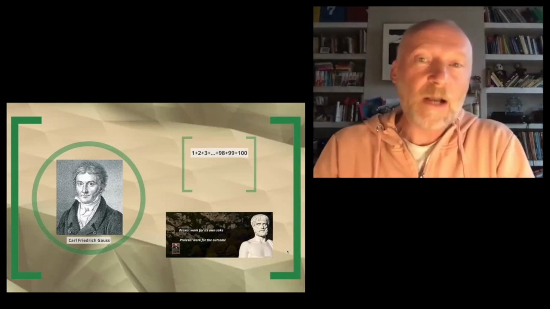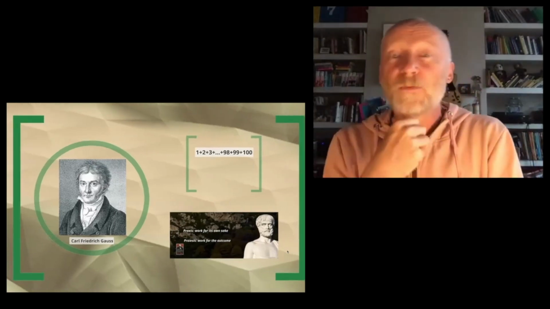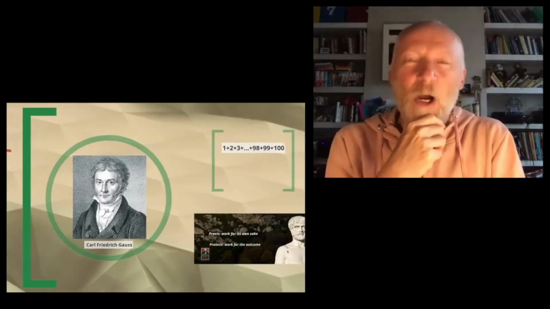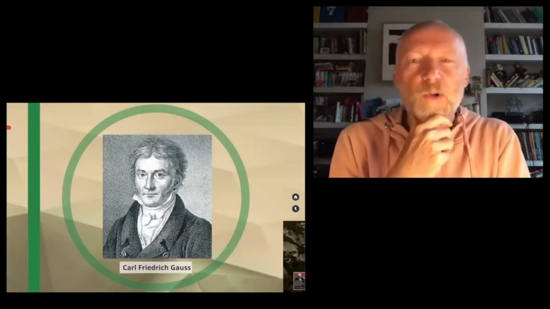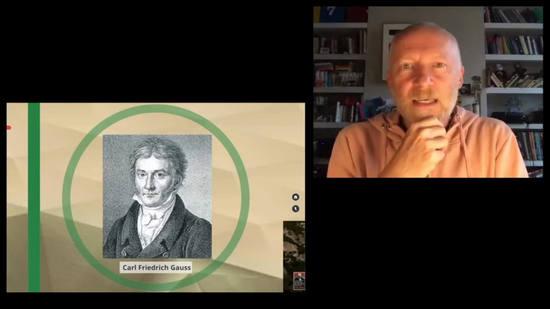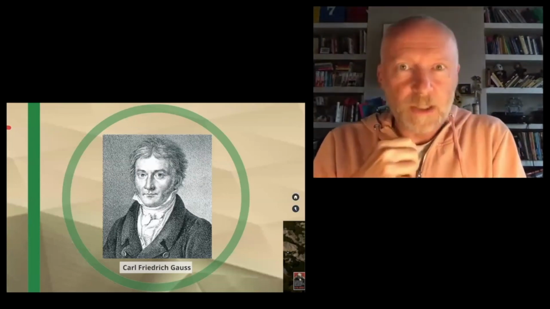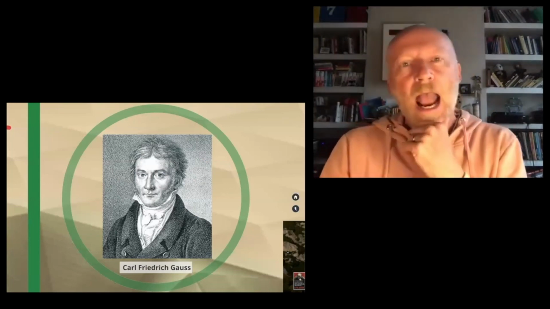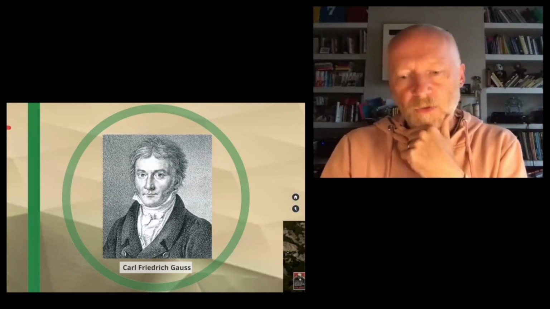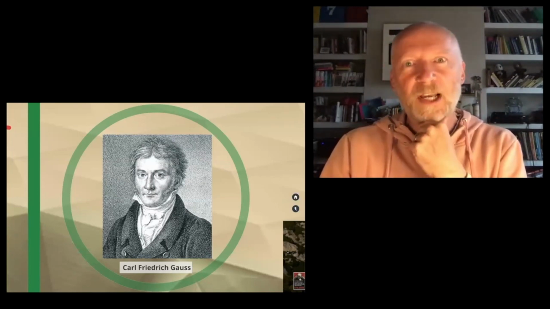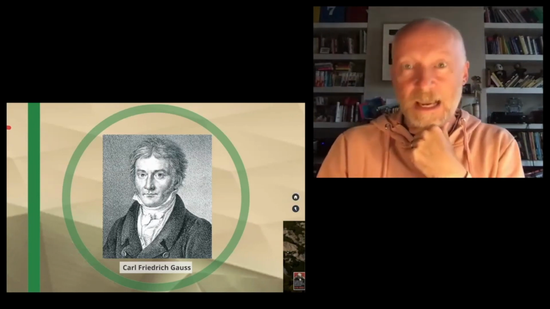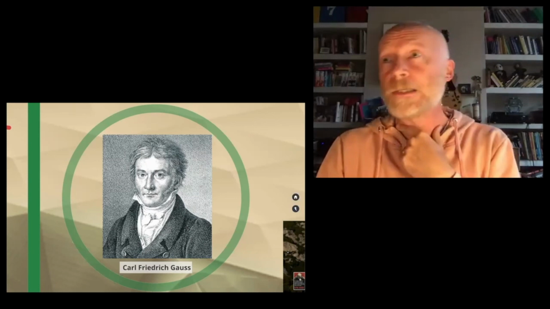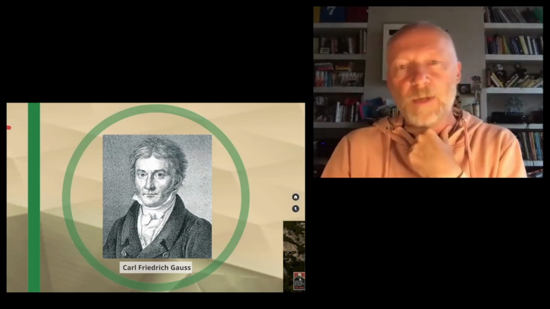And it's a story about a young boy. This is Karl Friedrich Gauss, obviously a little bit older than he was at school, but he was 9 or 10 years old at school, and he had rather a hard taskmaster as a teacher. And in one lesson, the teacher decided that he wanted to try and get a bit of a sleep, and he set the class this exercise which he thought would take the class a huge amount of time and he'd be able to get a little bit of rest.